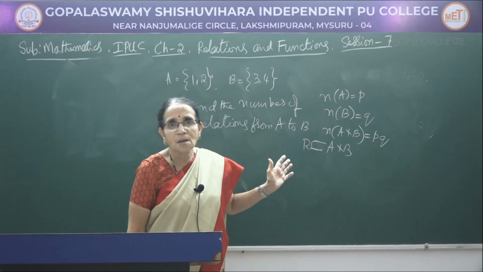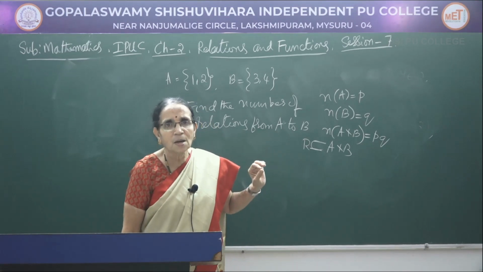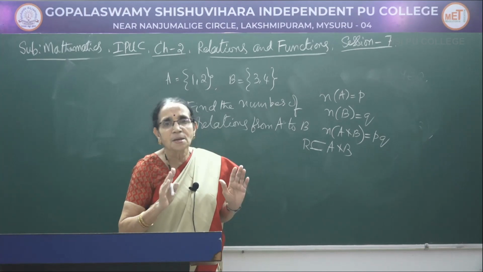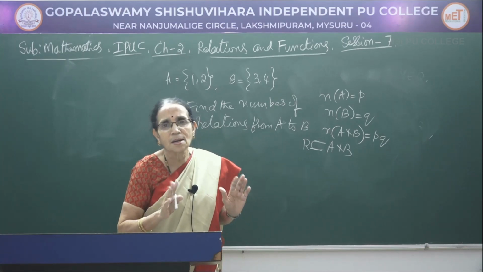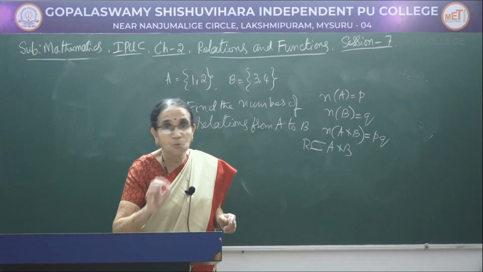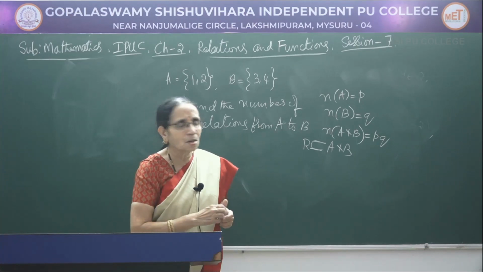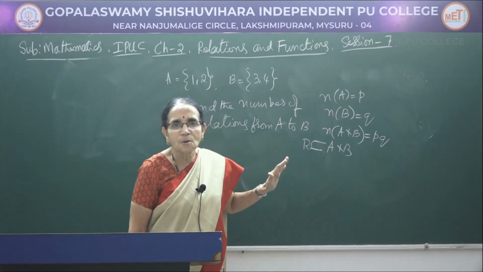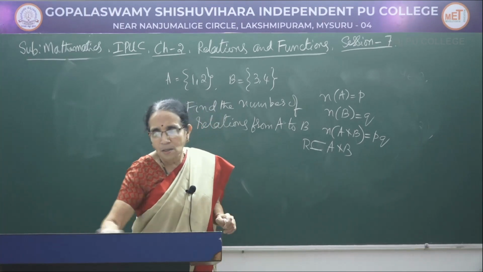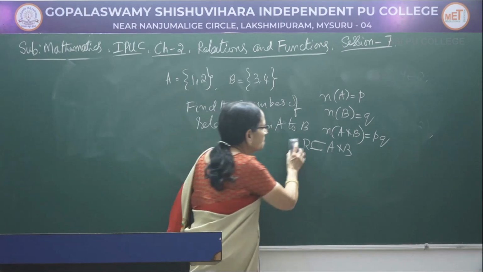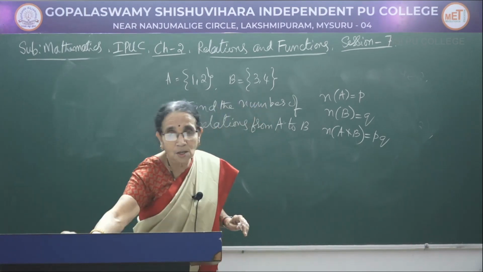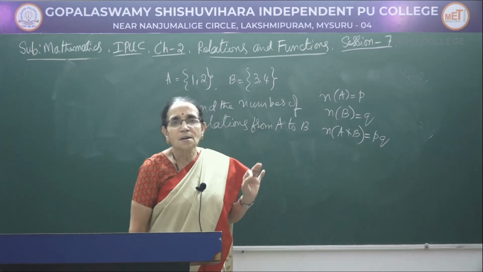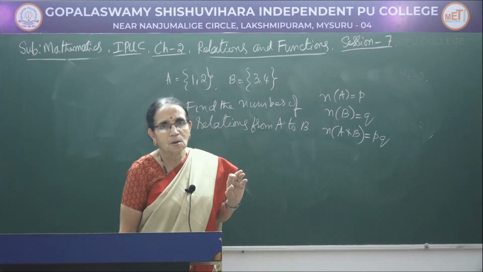That means R contains those ordered pairs (a, b) such that a R b is true. That means that a and b are related through the relation R. That is the meaning, that is the explanation. While giving the definition, you just write a relation R from A to B is a subset of A cross B. When you define the relation, you will be knowing the exact elements here. Generally, we can say a relation is a subset of A cross B.